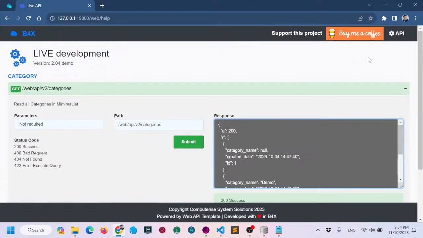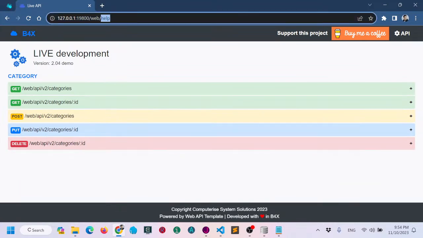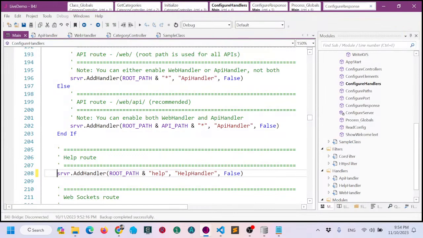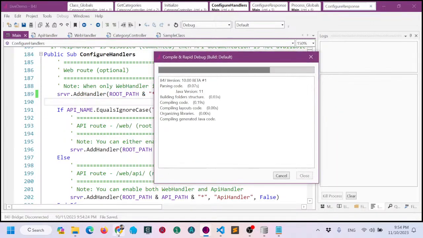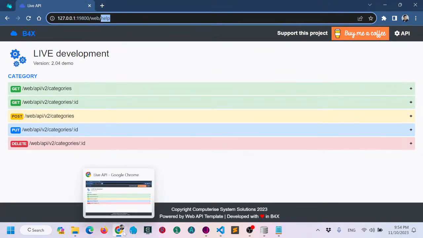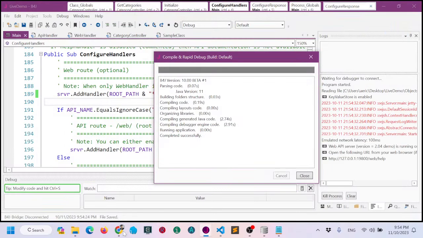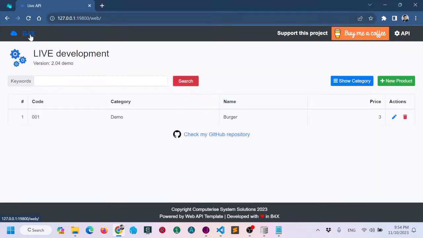When you run the project, you can see this page. This is your help page. And you just leave this one, because this is the index page. The index page is the home page. The home page is over here. You can click this text, this name, then you come to this home page. This home page actually is